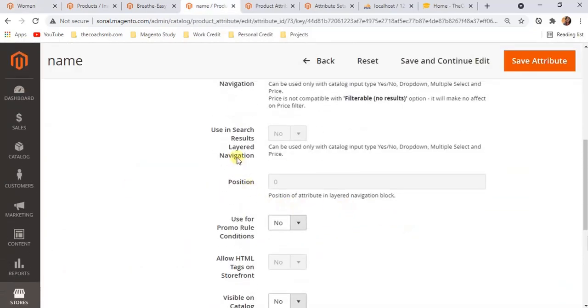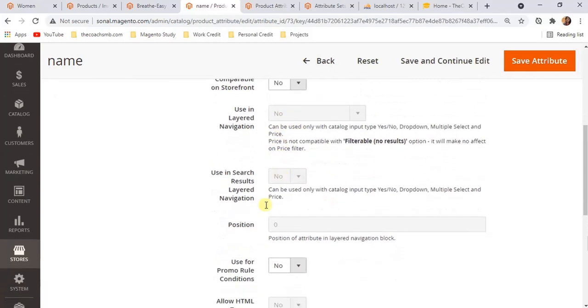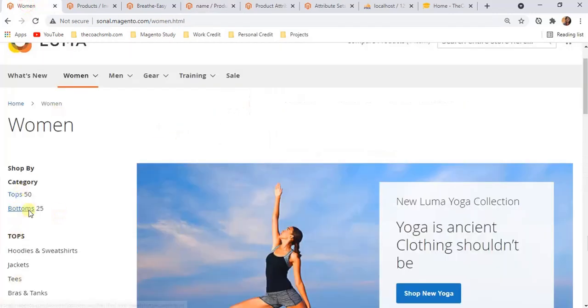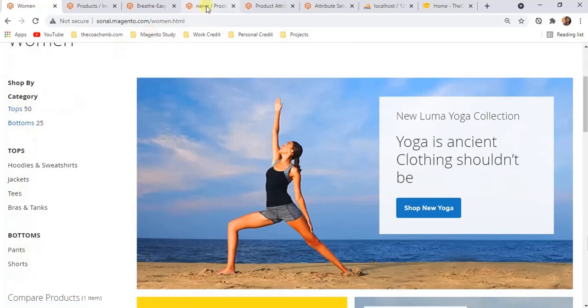Then we have use in search results layered navigation. For this, the input type should be yes/no, drop down, multi select, or price; these options are available for these input types. Then position of the attribute in layered navigation: here you can see we can move up and down with this option.